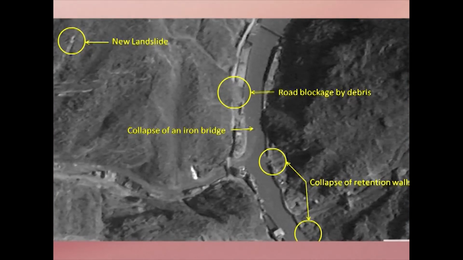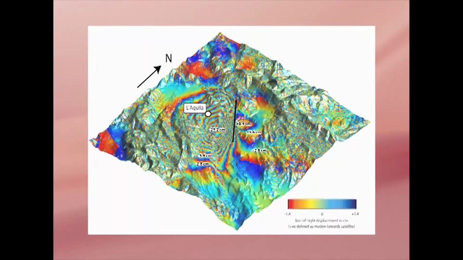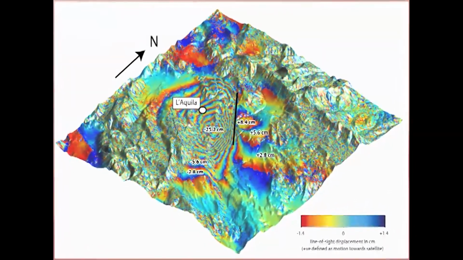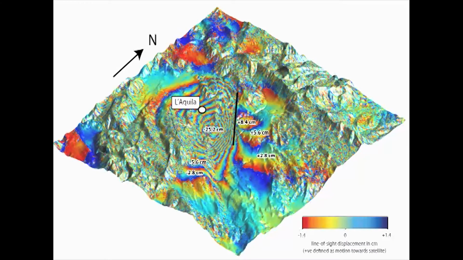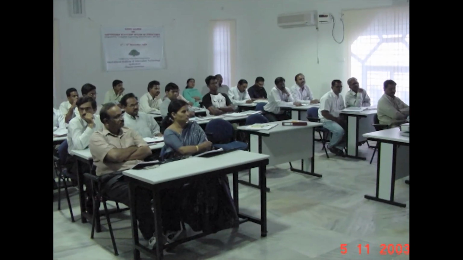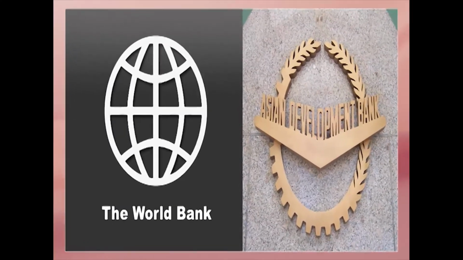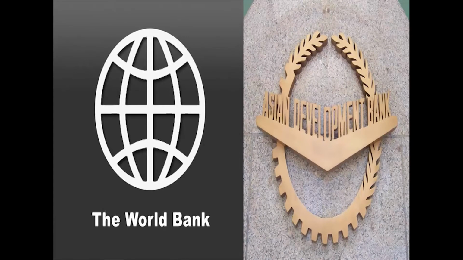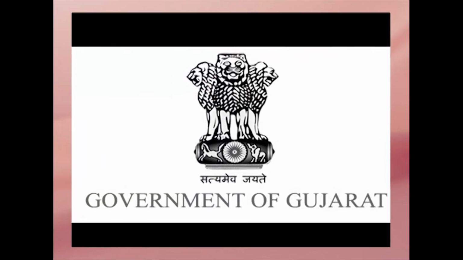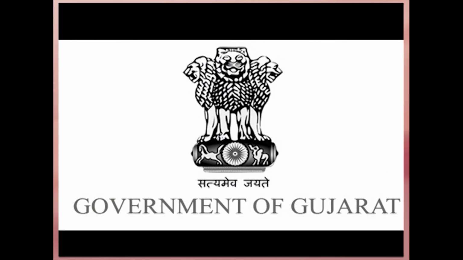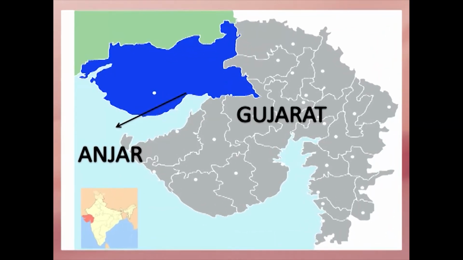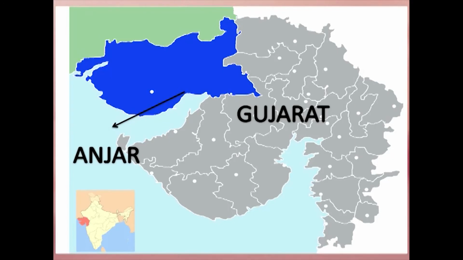development of retrofitting techniques for damaged structures, evaluation of earthquake ground motions data, seismic hazard and vulnerability, and causes of damage, development of design guidelines for new constructions and evaluation of structural designs, training of government and private sector engineers in repairs and rehabilitation of damaged buildings, providing technical inputs to the World Bank and Asian Development Bank for framing their emergency loan packages, assisting the government of Gujarat with framing of rehabilitation policy of the state, preparation of a redevelopment plan for the town of Anjar in Gujarat to ensure seismic safety as well as sustainable development,